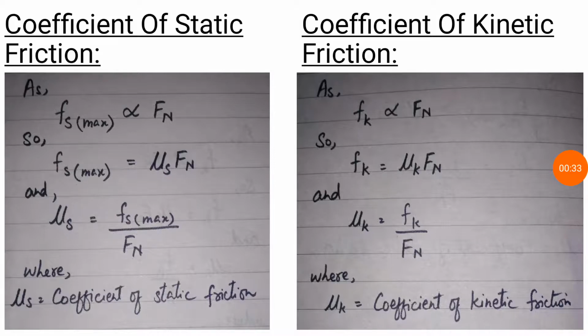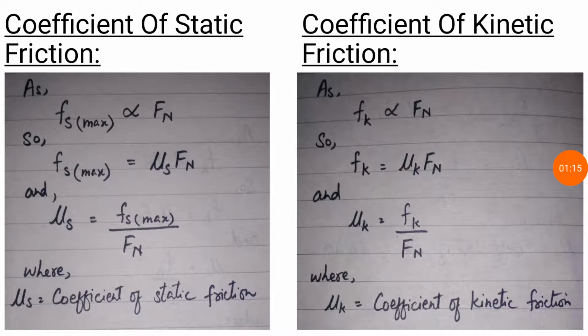So when we see the picture of coefficient of static friction, in the figure you can see that Fs is proportional to Fn. When we remove the sign of proportionality and convert into sign of equality, we get a constant, that is mu s. Now Fs is equal to mu s into Fn. Now if you want to find the value of this mu s, Fn is multiplying here, so when it is converted on the other side of the equality, then it will be divided. So we have the formula mu s equals Fs by Fn. Now where mu s is called the coefficient of static friction. Clear? And it is the constant of proportionality.